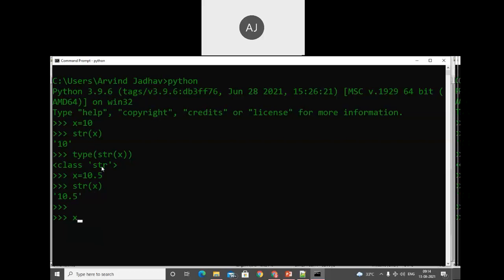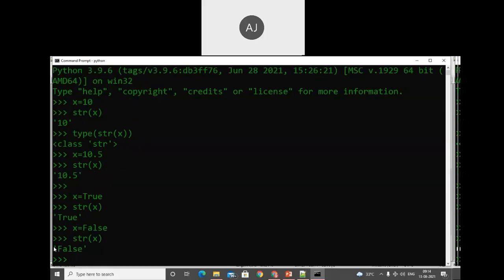Later on, we'll discuss the bool type. In that, I'm storing True and converting with str of x, we get the output as True in single quotes. Similarly, for False also, when converting it we get False in single quotes.